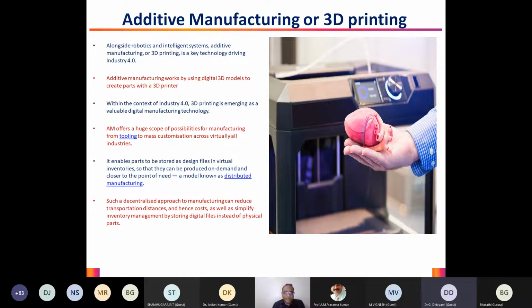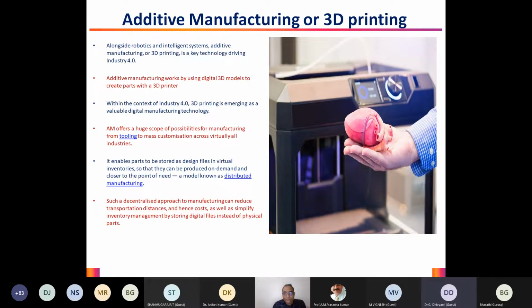in day-to-day activities. With the whole emphasis of Industry 4.0 on the manufacturing process, 3D printing is acting as one of the key drivers for Industry 4.0, right? Also, since 3D printing offers a decentralized approach to manufacturing, that would simply reduce a lot of transportation distances, and the costs are saved in a good deal.